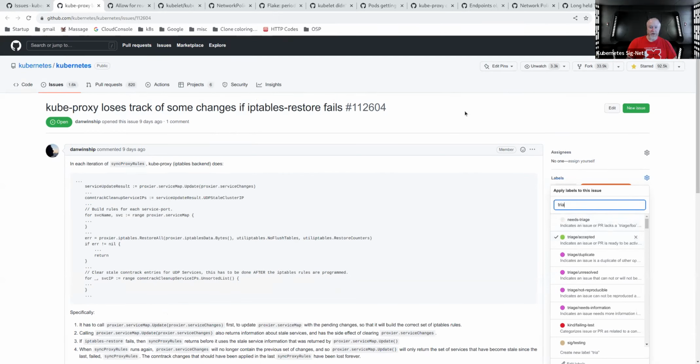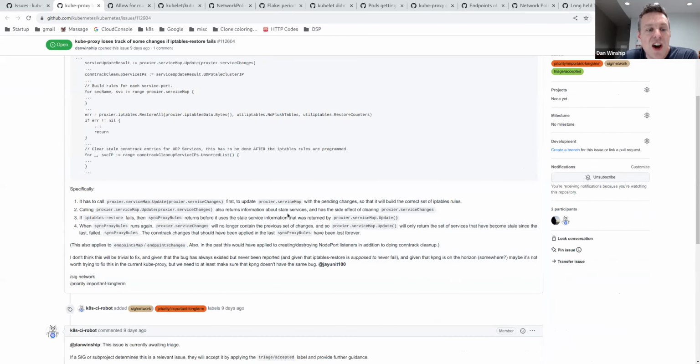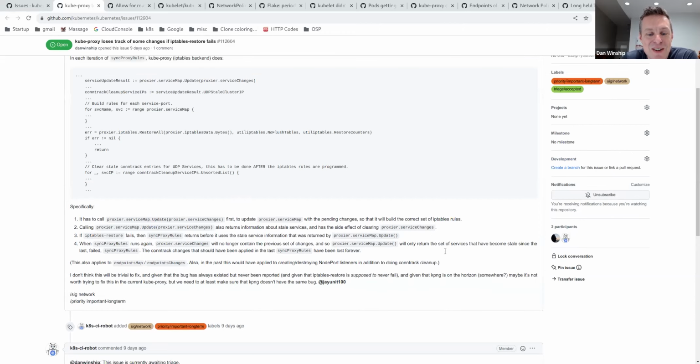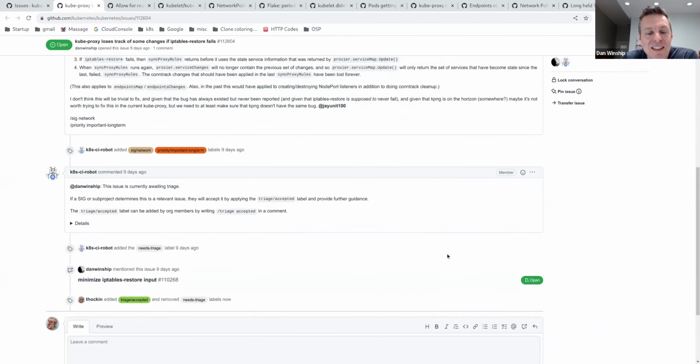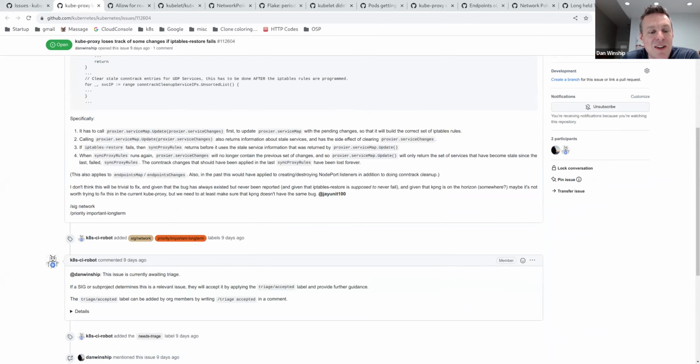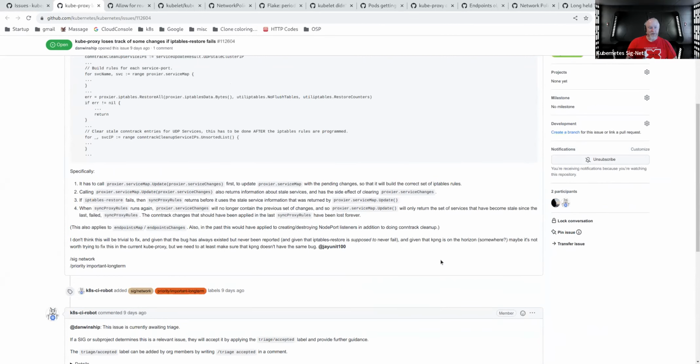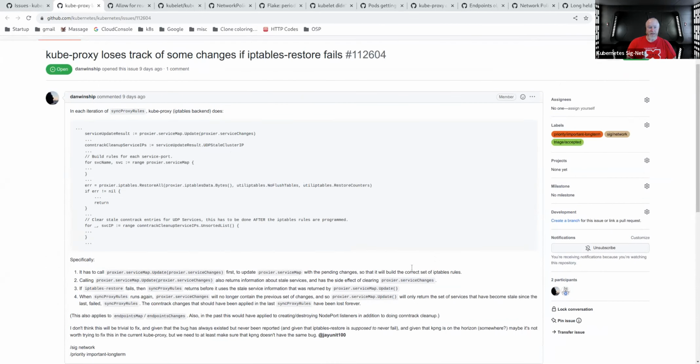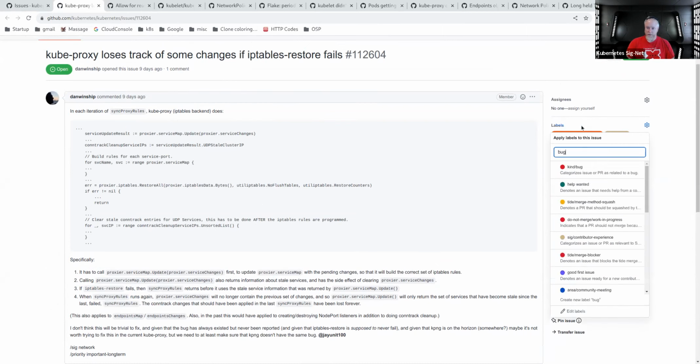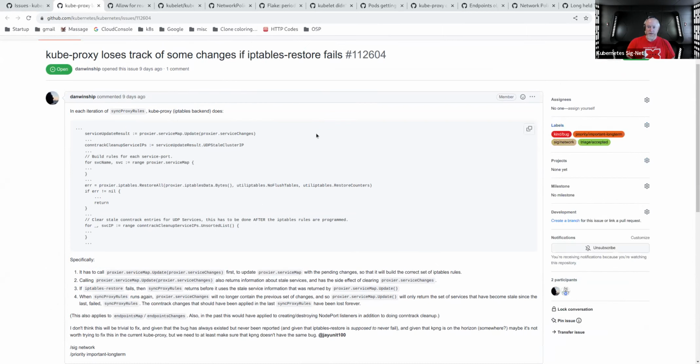Cool. Is there an obvious way to attack it? There is not, other than totally rewriting all the tracker stuff. And I put a note at the bottom, maybe we just want to fix this in KPNG since the bug has always been there and no one has ever reported it. Okay. I mean, I've always been suspicious of the trackers. They were always sort of sketchy, so I'm not surprised to see something like this pop up. Okay. Marked as triage accepted. We should mark the bug. Okay.